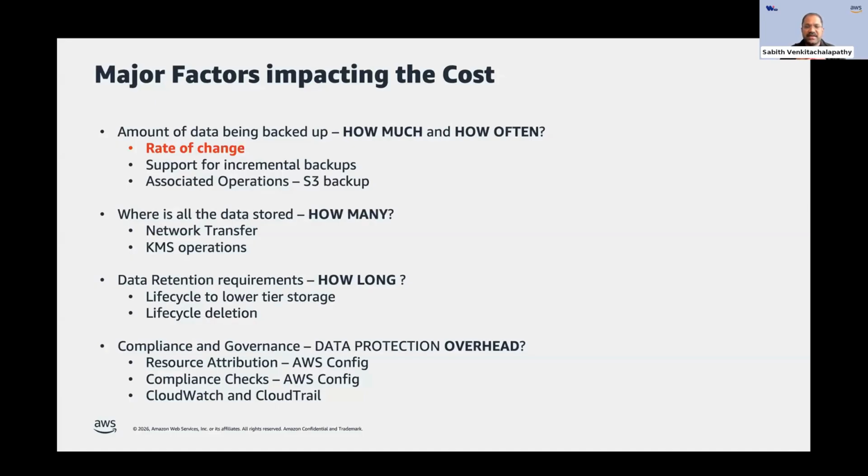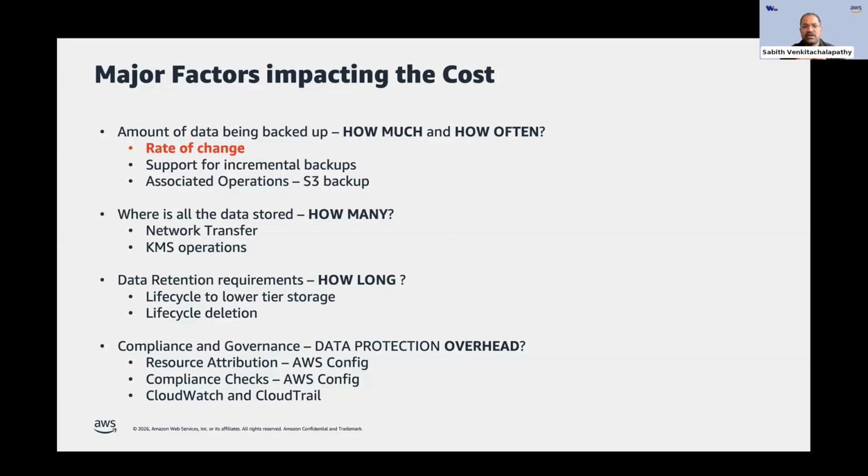And the third classification is actually how long. How long are you trying to store the data for? So, like I mentioned earlier, in the first classification of how often your data changes, if you were to retain this data for, let's say, 14 days, you will end up paying a certain amount compared to retaining the same data with the same change rate for 31 days. You would end up paying for more storage because there are more changes that we are trying to capture.